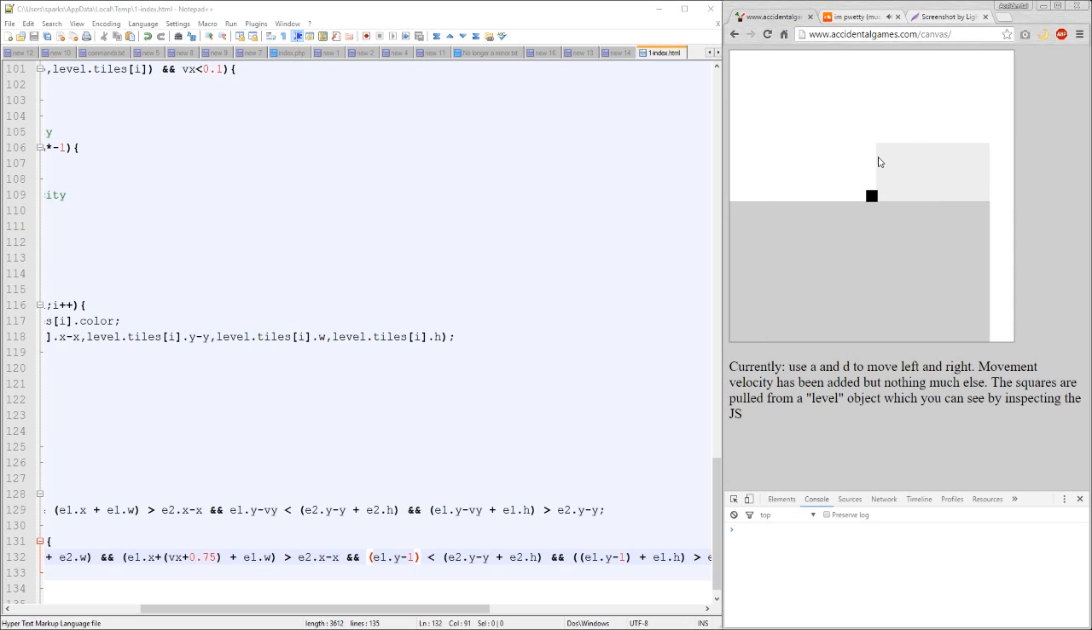So this is 1 above. It seems to be working. Let's try jumping and then moving. Yeah, I think we got it sorted. We are still able to hang on to the wall. I think we need to have some sort of condition, like if we are